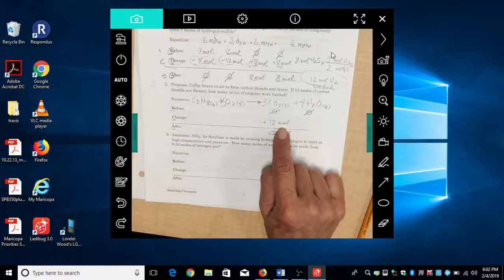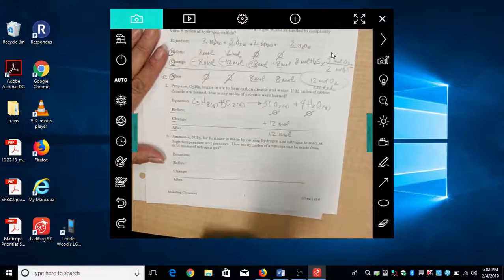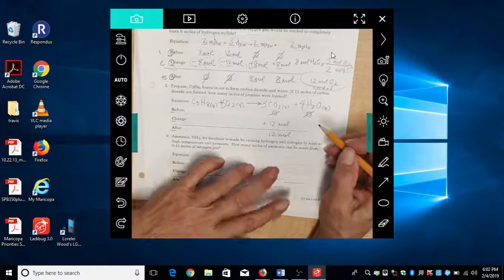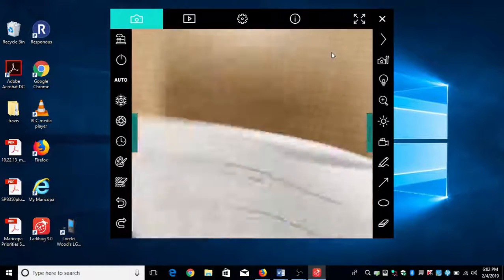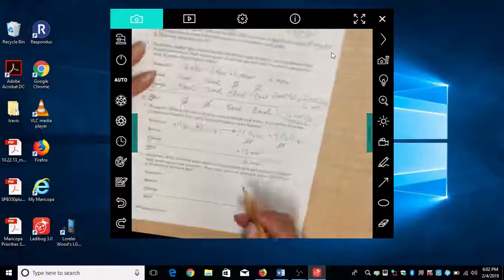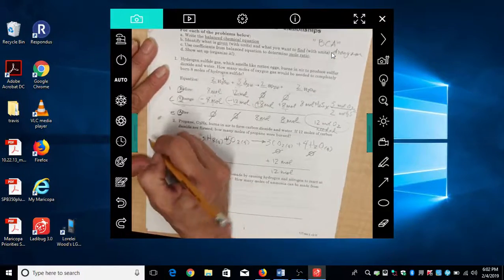4, right? 4, 8, 12 is 1/3. And if you're not sure how to do that, and it's not in your brain, it's not an easy whole number like that, you simply do it on the back side of this paper. Here we go. Oh, no, we'll do it on the corner here. We'll just say 12 moles